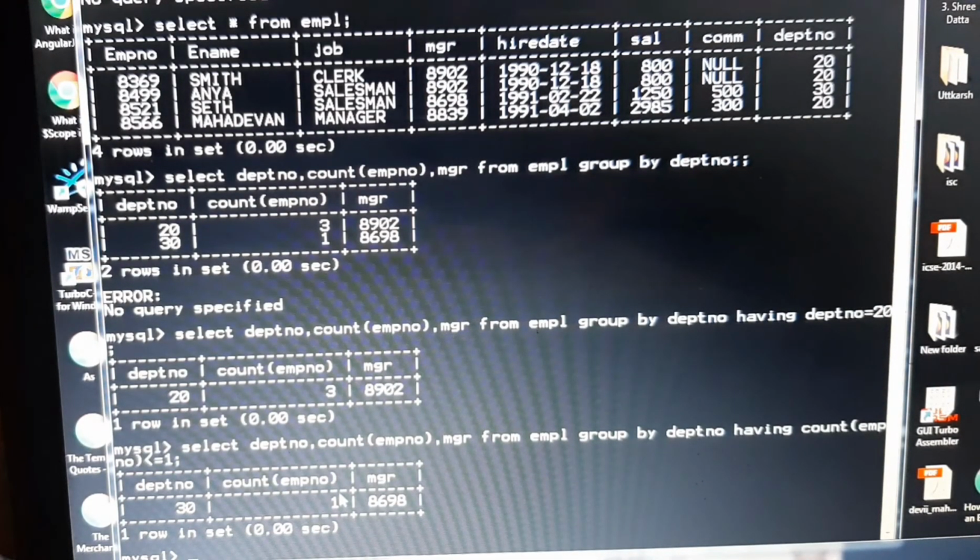So it will show us only that employee number where the count is equal to 1 only. So this is of only department number 30. So in having you can use your own conditions.